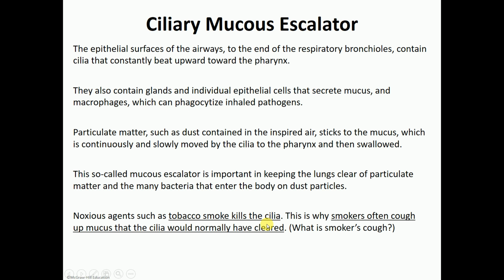And so they still have the mucus glands that are producing, actually they're overproducing mucus because nicotine stimulates these mucus glands and irritates them to produce extra mucus. So now you have a lot of mucus in smokers. The cilia are dead, and that leads to the accumulation of that mucus, which eventually we see in the form of chronic coughing that happens to smokers, especially when they wake up in the morning, and that's known as smoker's cough. So smokers would have to cough up all of that mucus that has the fine particles and the pathogens that are trapped that would have usually been brushed up by the cilia